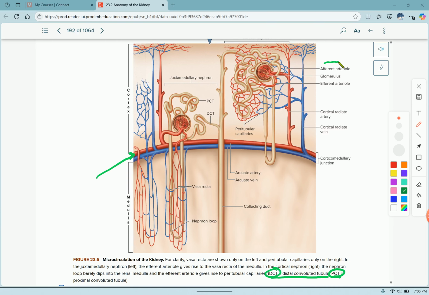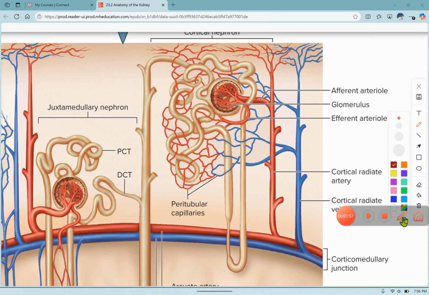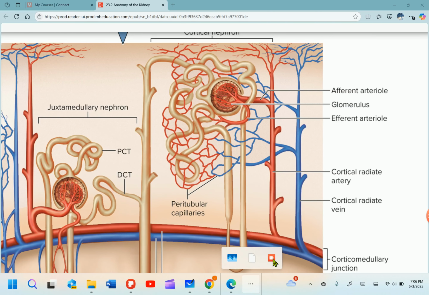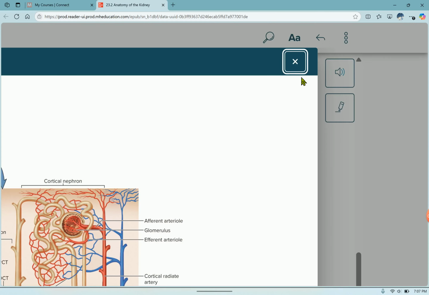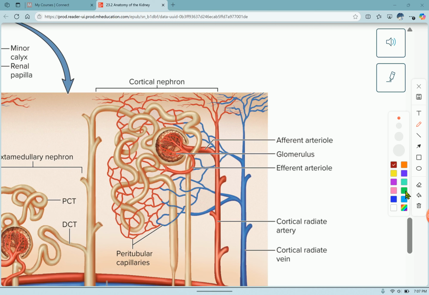All right, you'll also notice that there's the afferent and the efferent arteriole. Okay, so here's the afferent, and here is the efferent. All right, afferent arteriole and efferent arteriole. Okay, the afferent arteriole carries blood into the glomerulus,